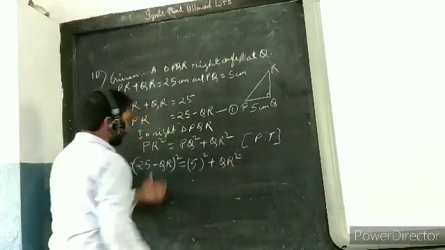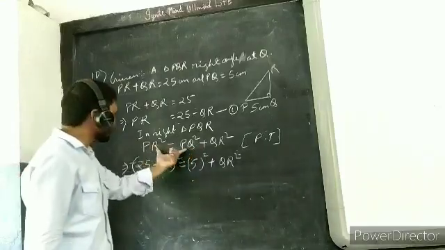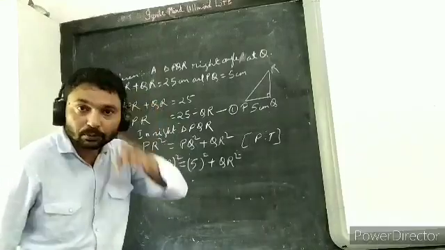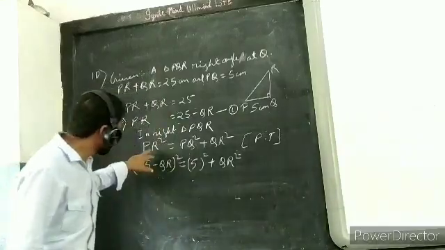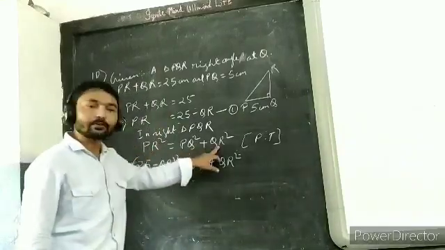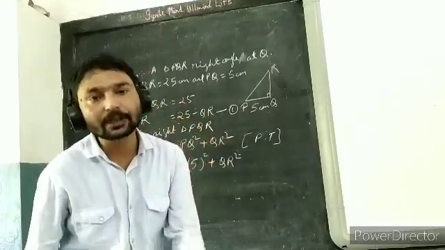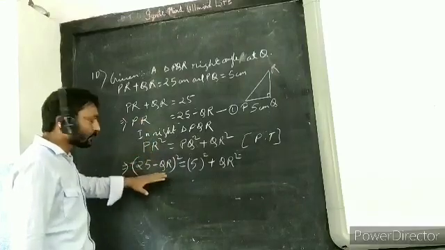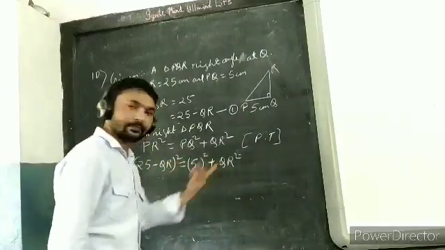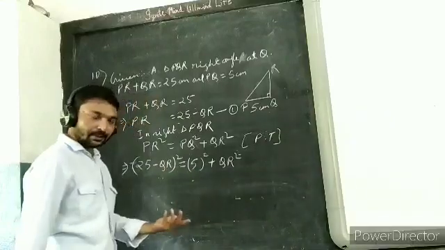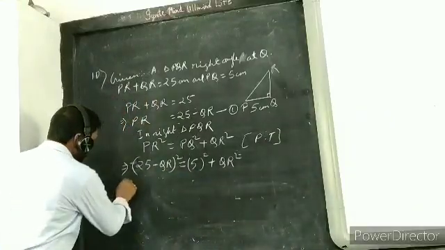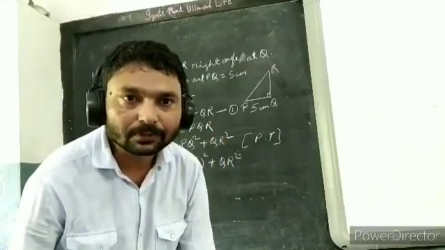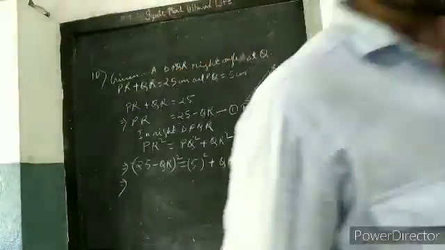Now just see, in this particular line you can see one thing that here 2 unknowns are here. The meaning of 2 unknowns is PR value also we don't know, QR value also we don't know. When you don't know 2 values, how we can find? Now in this particular equation, when I have converted PR into 25 minus QR, now you have only one unknown, that is QR. Now easily we can find QR. Now you know this is (A minus B) whole square. From class 7 onwards you know.